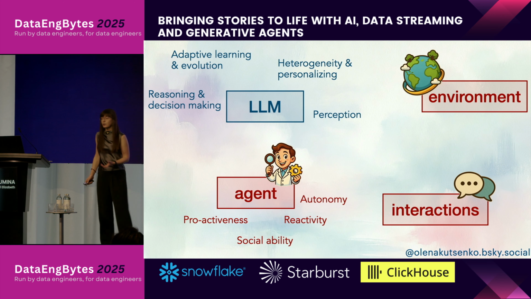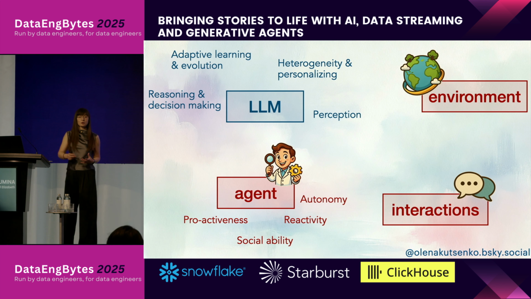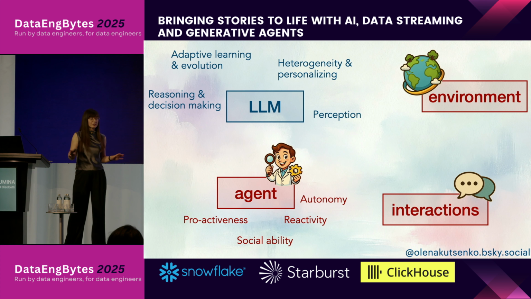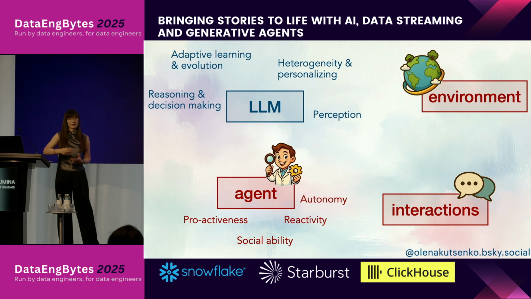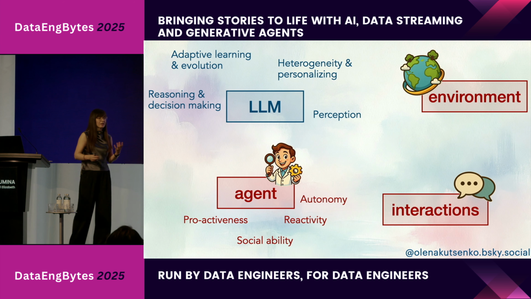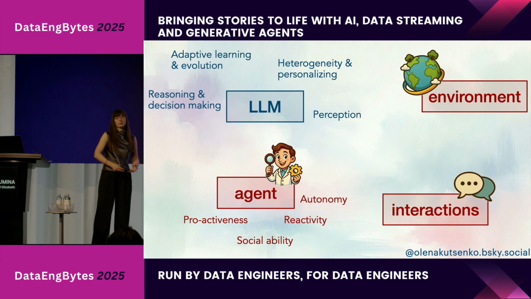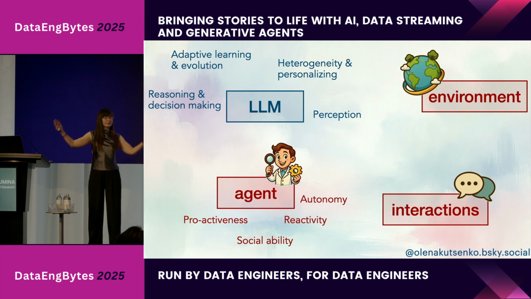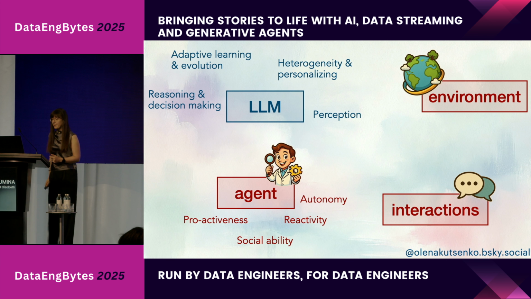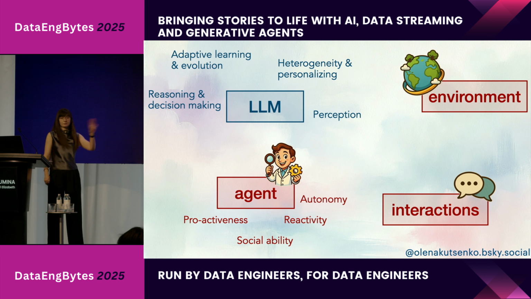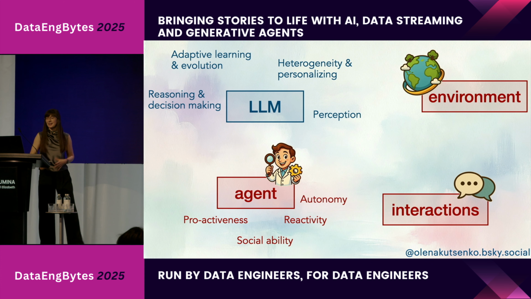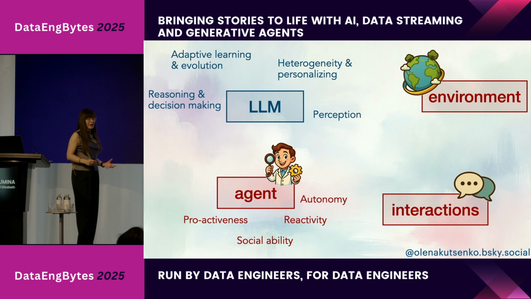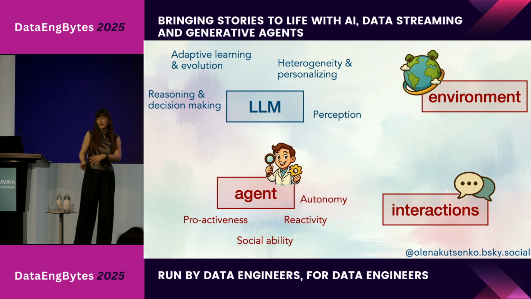Adaptive learning, and it also makes it easier for us to create more agents, so we can generate more diverse characters with different abilities and maybe different behaviors, so that we create a more complex system. So all of that now opens a world for us to use both LLMs and agents together